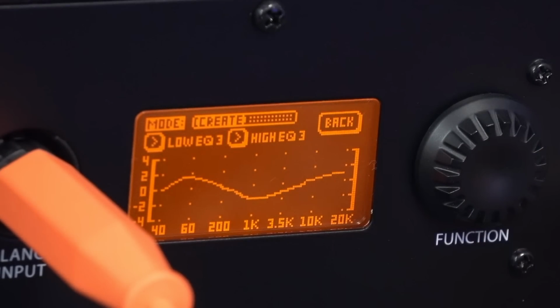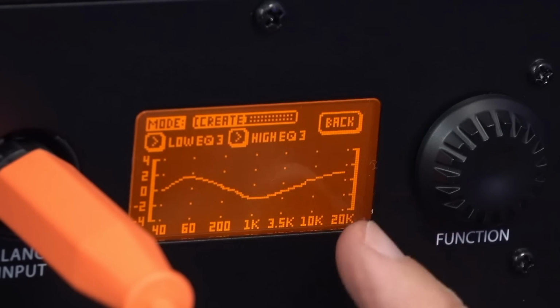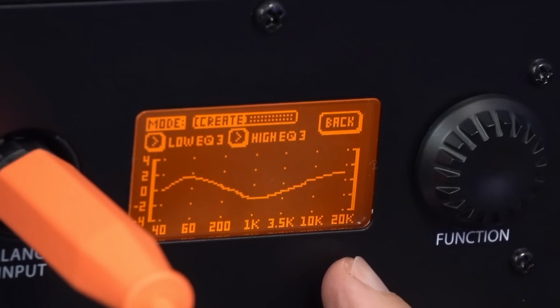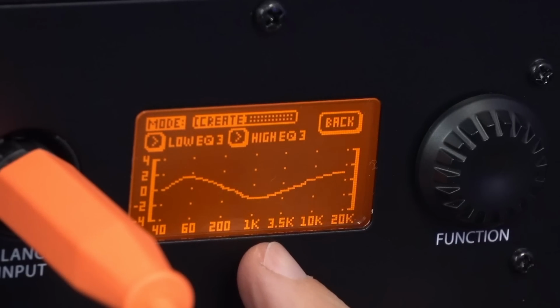And this is the interesting one. This is the general kind of setting. It's a forgiving setting. It's got a nice pleasing boost in the bass. And then down below here, it's got a kind of forgiving mid-range and then a little bit of tinkle added by turning the treble up a little bit. This is the setting that you would probably use for DJing because it would just sound pretty good, and also